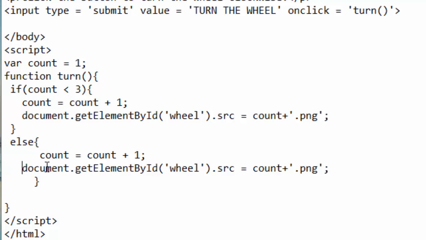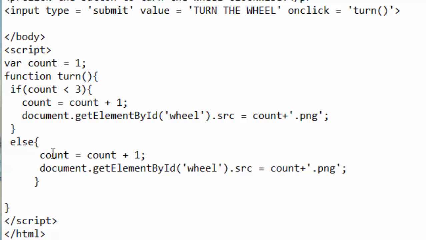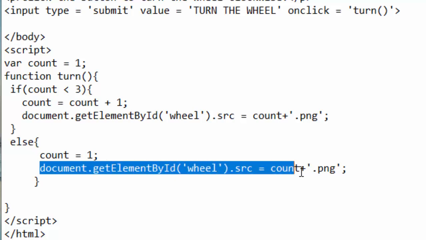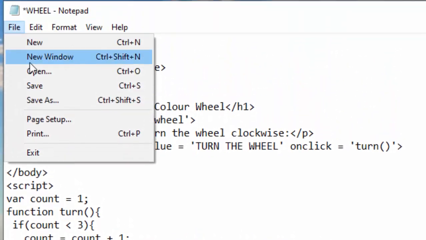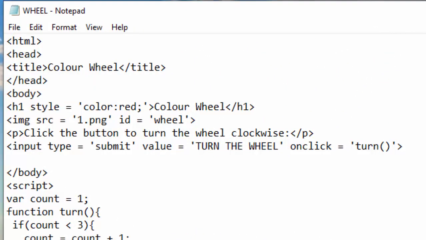Let me modify this. I want it to give count only a 1, like that. So if count is not less than 3, give count 1 and then do the rest, show the image 1. So finally I will just save these changes,